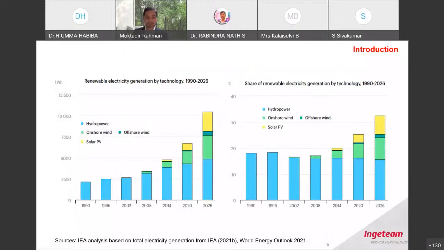For the next slide, I want to talk about global renewable energy integration. As you can see, from the 1990s to the 2026 forecast, the growth of renewable energy is very, very high, and compared to